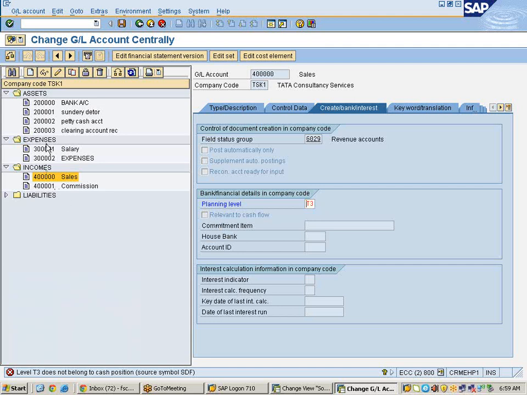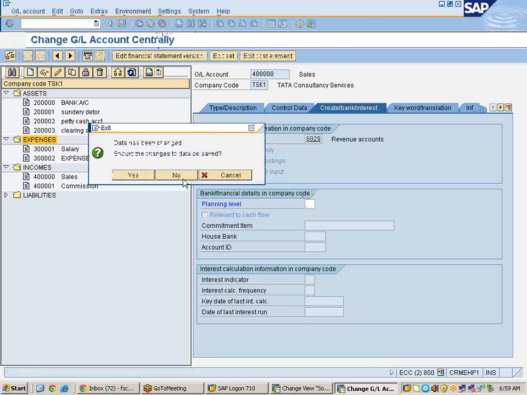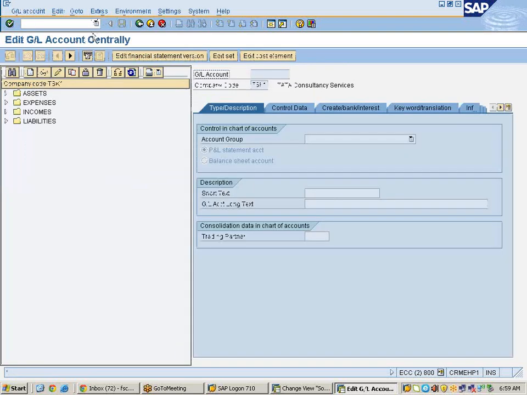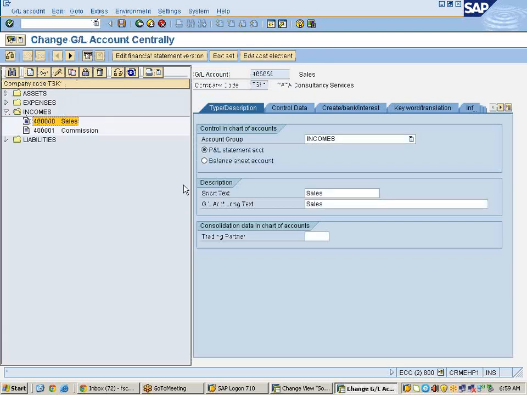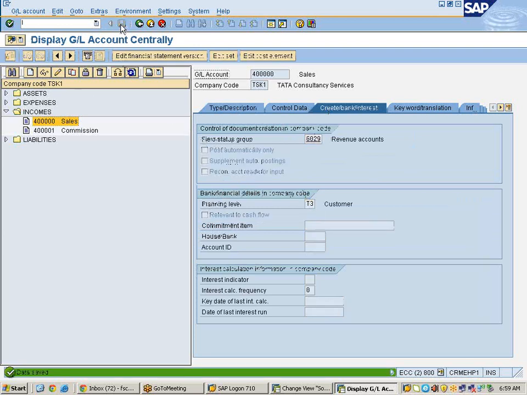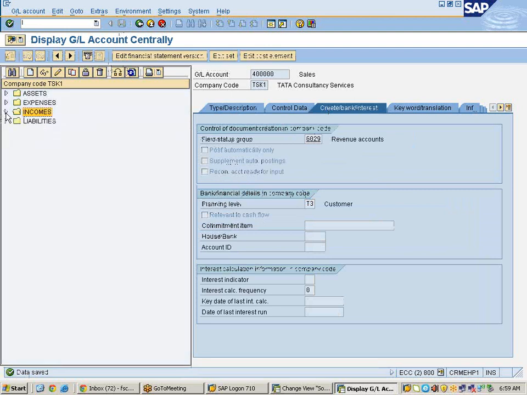What is this? Now we don't have the purchase account, so I am creating one purchase account and I will assign it.